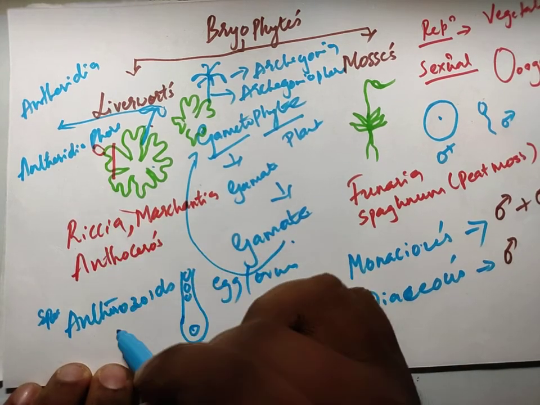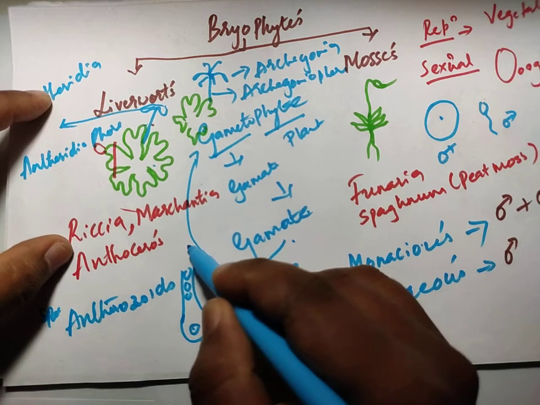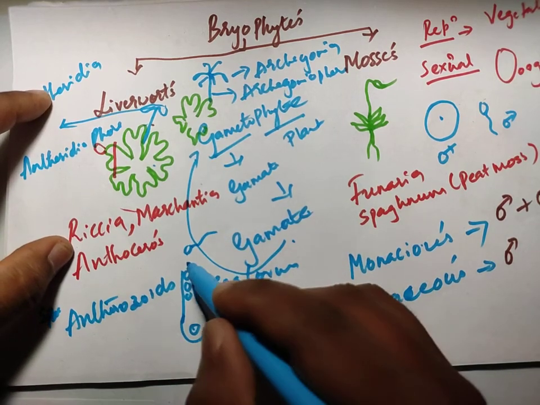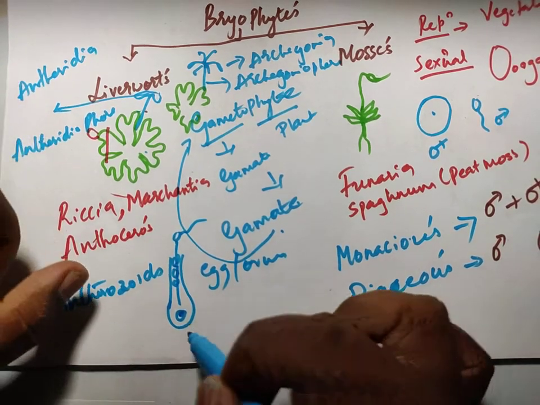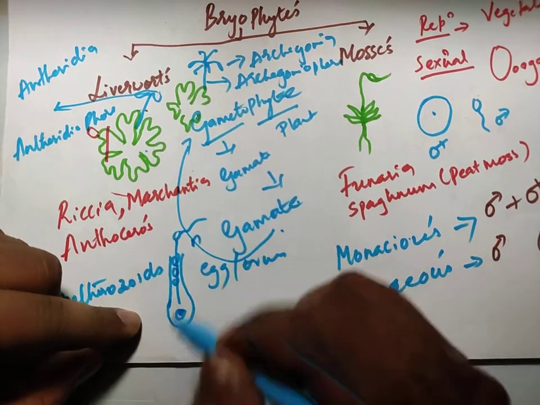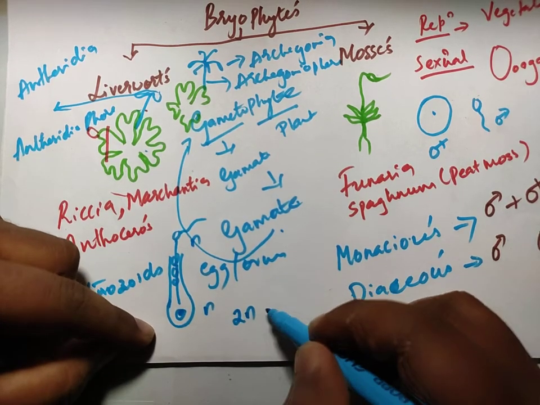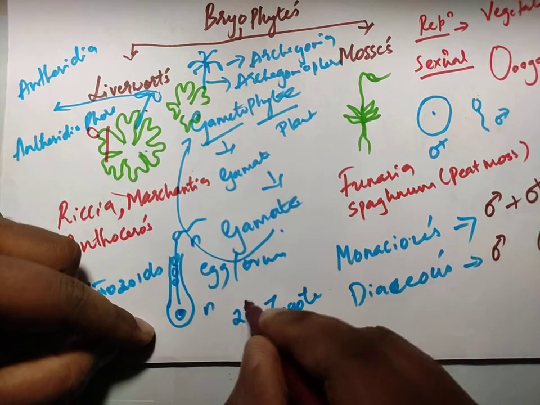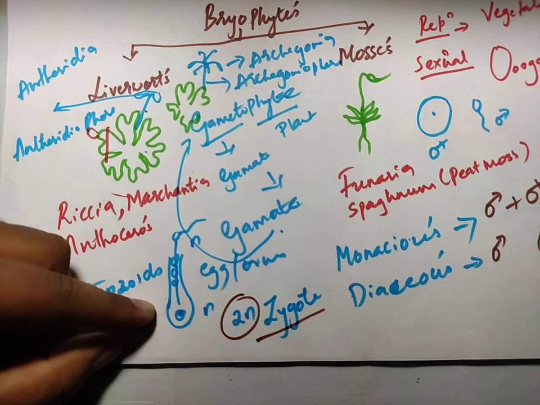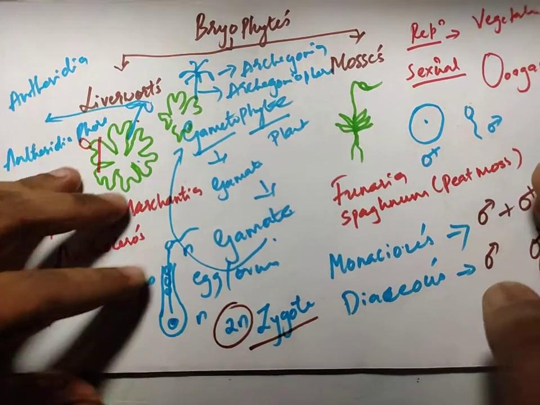The gametes or antherozoites which are produced by the antheridia, see here, this is the antheridia, they are going through this and they are going to fuse here. After fusion, this is N, this is also N, it becomes 2N. Now this 2N structure is called the zygote. See here, that is the zygote. Now the zygote will divide and divide further to form something called a sporophyte.